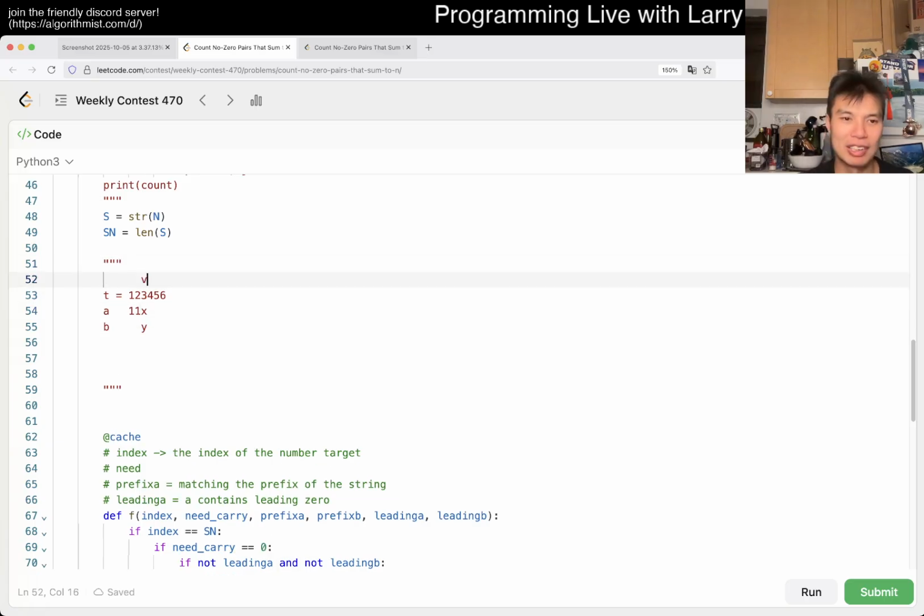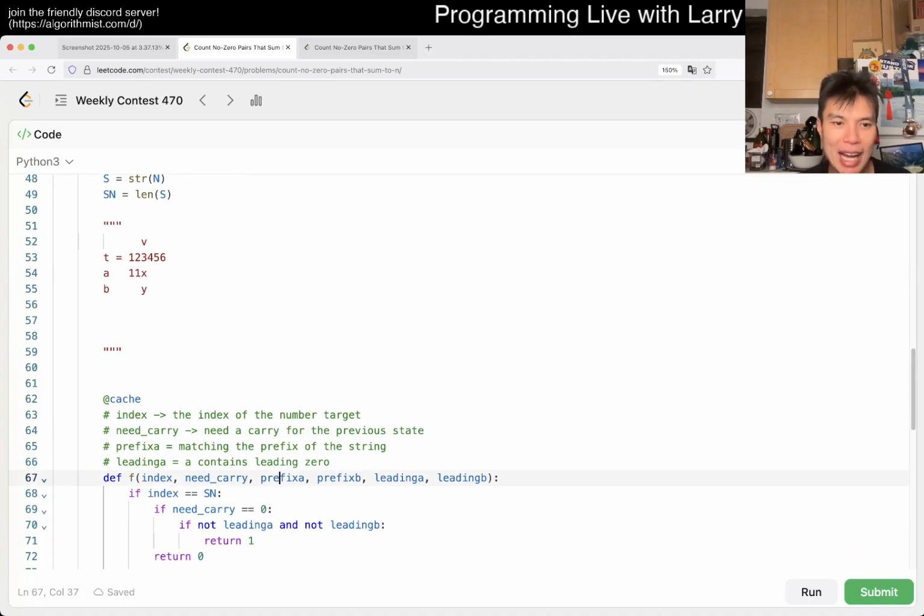We're at the digit 3 right now. We need a carry because otherwise the previous thing doesn't match. So that's what this need carry does, right? Need a carry if, for the previous states, right? Previous state, prefix A and prefix B,